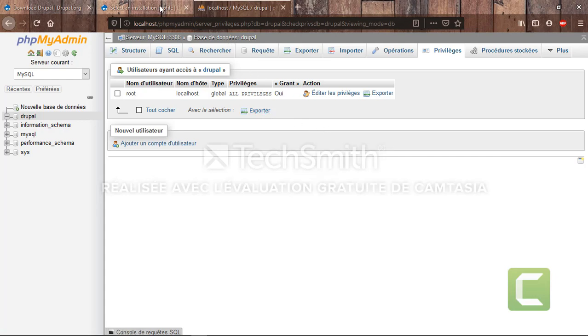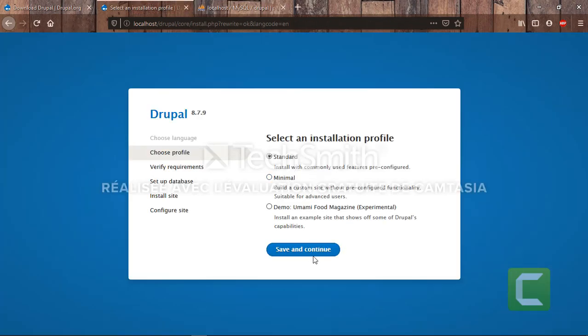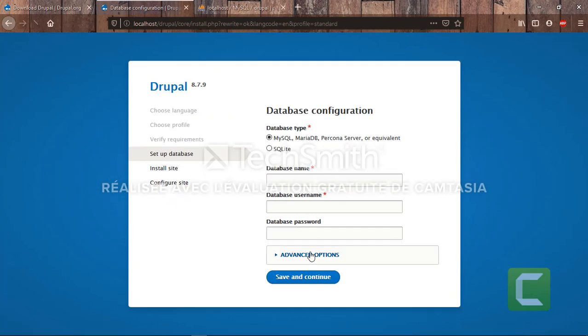You can put your name and everything. We can select an installation profile, which is standard. I'm going to leave it as standard. And here it is, the database configuration. We can choose the type of our database, and here we put the name and the username.